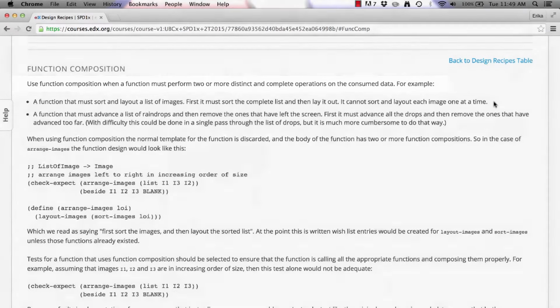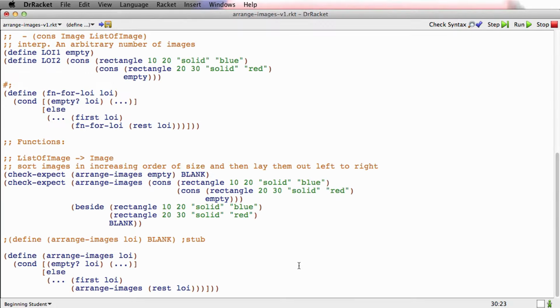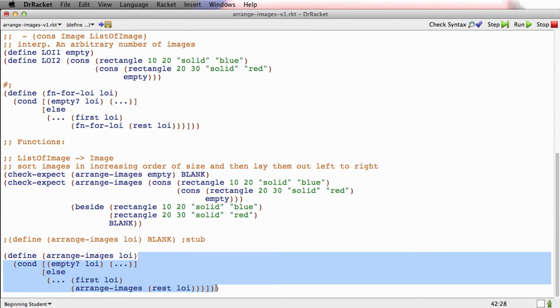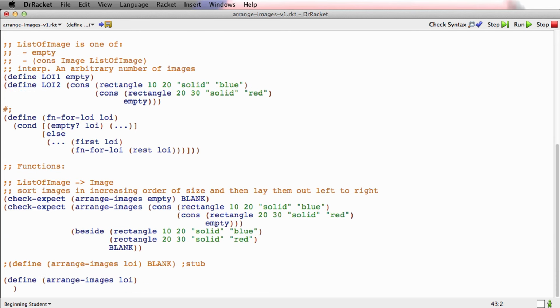For example, it has this example, that's convenient, a function that must sort and lay out a list of images. I won't read through the page now. You should do that afterwards very carefully. But what happens in function composition is that we discard the entire template and we replace it with a function composition, such as